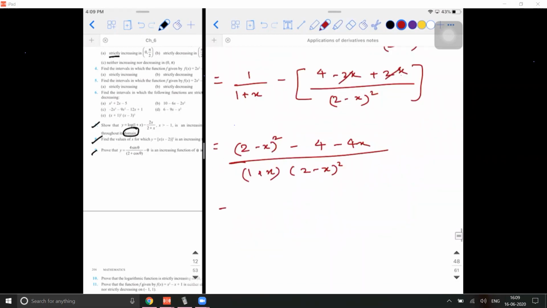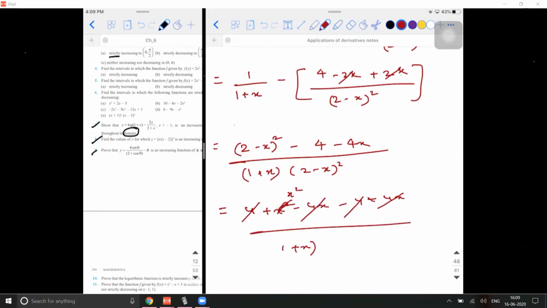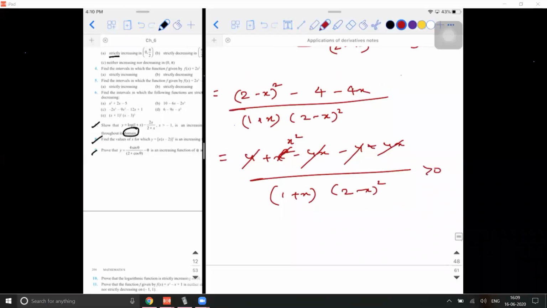So this is also a similar one. So 4 plus x square minus 4x minus 4 minus 4x. This and this get cancelled. 4 and 4 are gone. X square is as it is, divided by 1 plus x into 2 minus x the whole square. So if this has to be greater than 0, then what is the condition? X belongs to